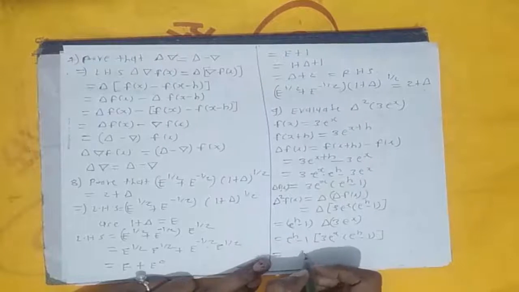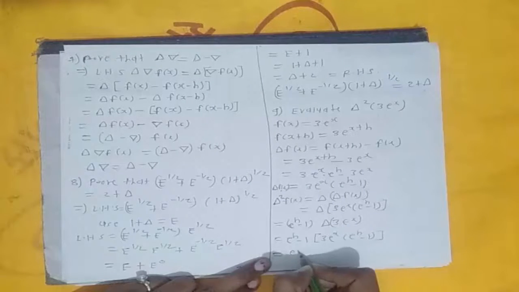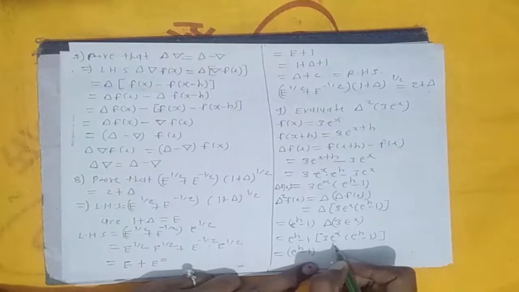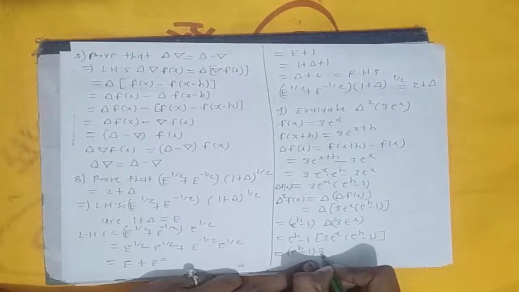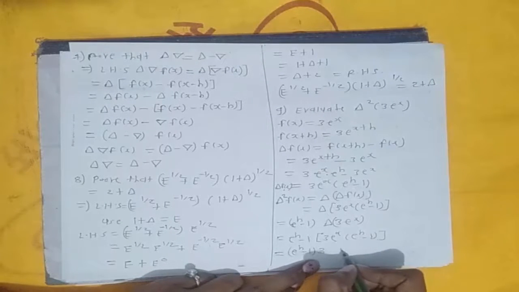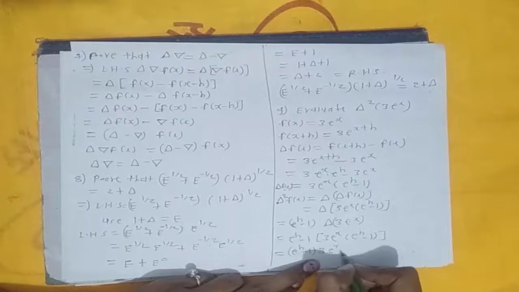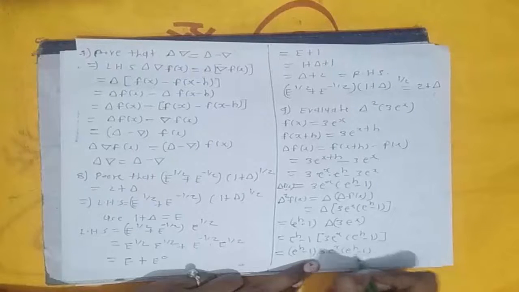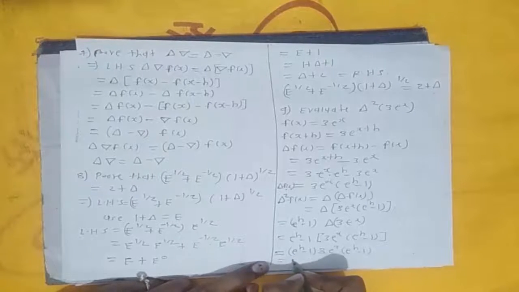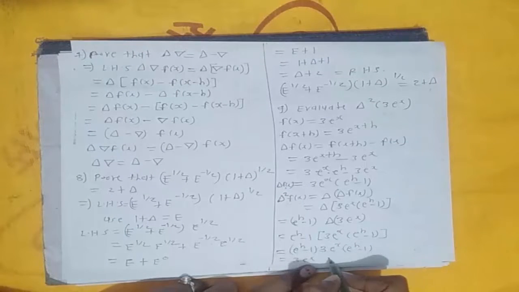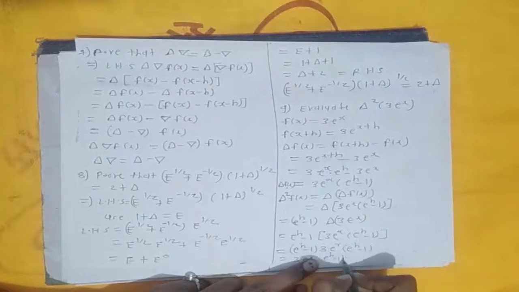Equal to, we get e raised to h minus 1, and again this 3 we take outside, we get e raised to x into e raised to h minus 1, that is we get 3 e raised to x, this e raised to h minus 1, e raised to h minus 1 will be e raised to h minus 1